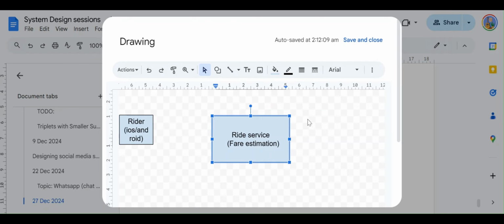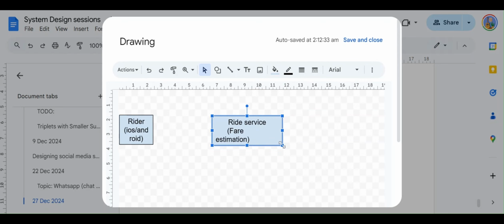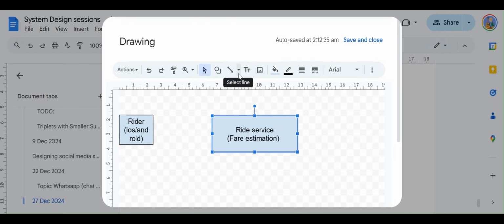How is the ride service going to do a fare estimate? Essentially it has to know about the location where the rider is currently at. The rider is going to send both the start location and the destination location in the API. To calculate the fare, it has to know the distance between both places, and it also needs the ETA between them, depending upon how much traffic there is. For that we can use third party APIs like Google Maps or Apple Maps or any other provider.